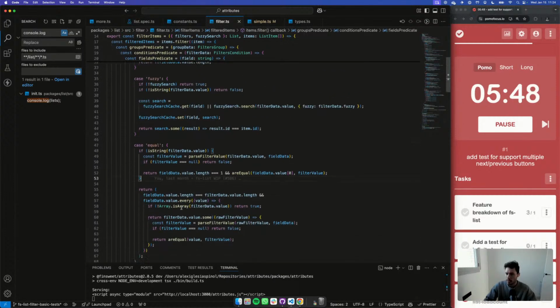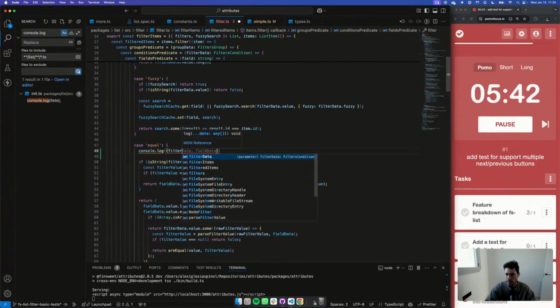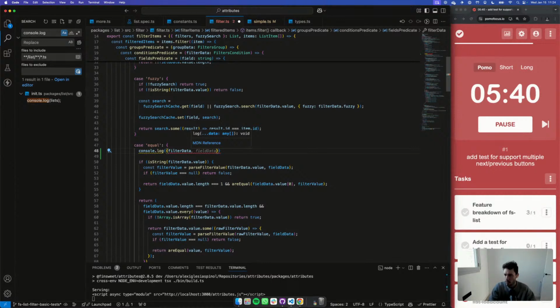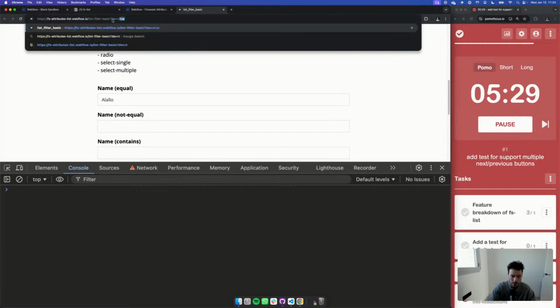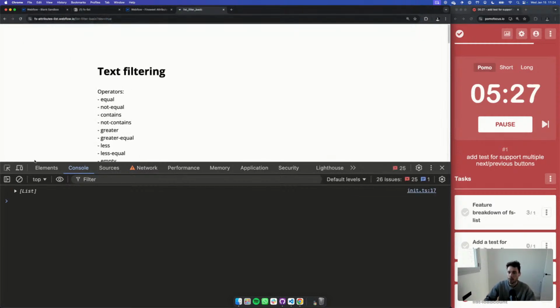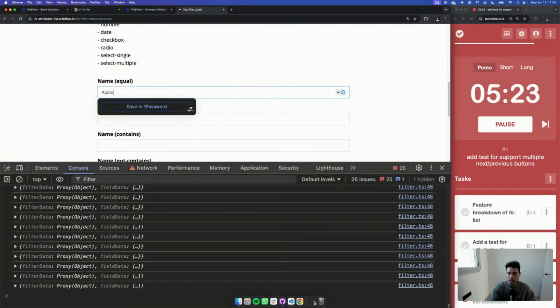Okay, so here in the filtering, let me console log everything. I want to console log the filter data. I want to console log the field data as well. Okay, def true, because I want to load this from local. And in here, allow. Great.